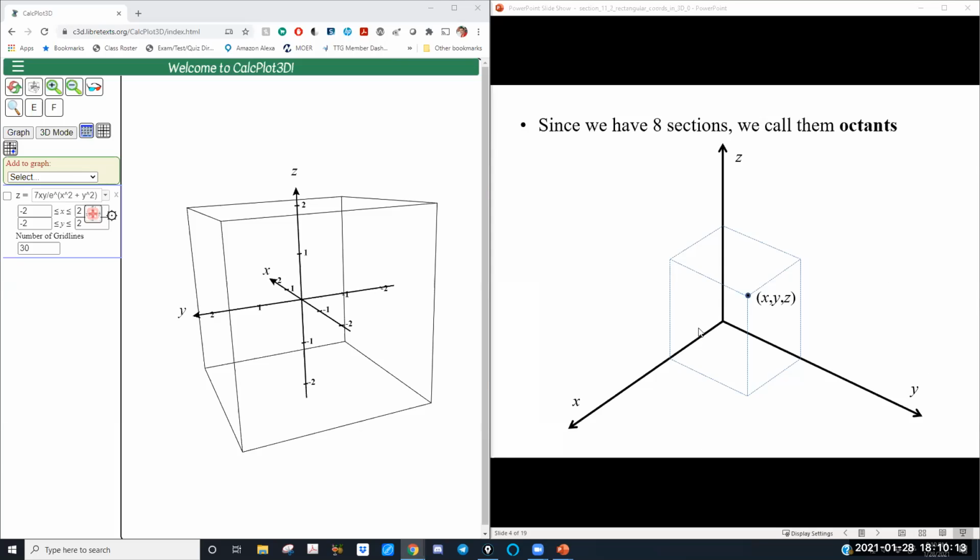If we're looking at another octant, it'll tell you like x is greater than 0, y is greater than 0, but z is less than 0. So that would be positive x, positive y, and a negative z. So it'd be down underneath the XY plane. So as far as referring, whenever you hear an octant, you're not going to hear second octant or seventh octant, so I don't want you to worry about that. It gets too messy.